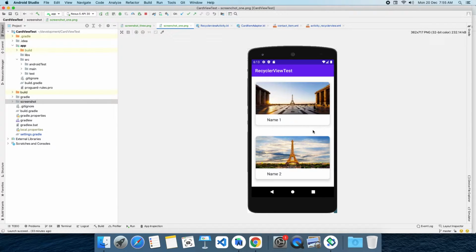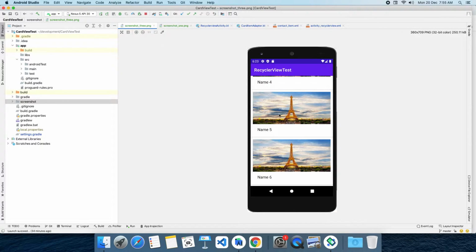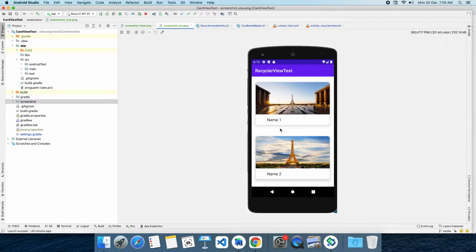See here, now every item looks like a card view, or we can say a tile view, and around the card some shadow is rendering and the corners are rounded properly. So prior to card view, this is the child item. After applying a card view, this is how child items look. This helps in creating a rich look and feel for the user. That is why we are using card view.